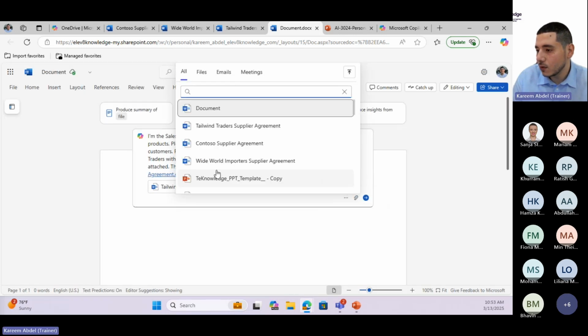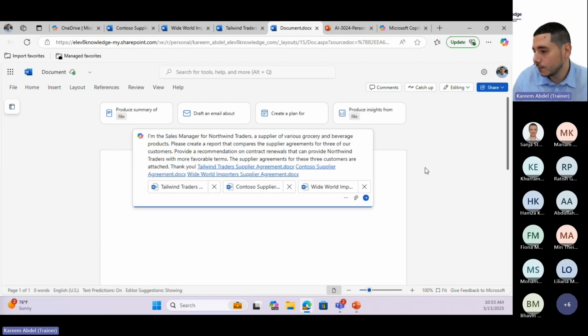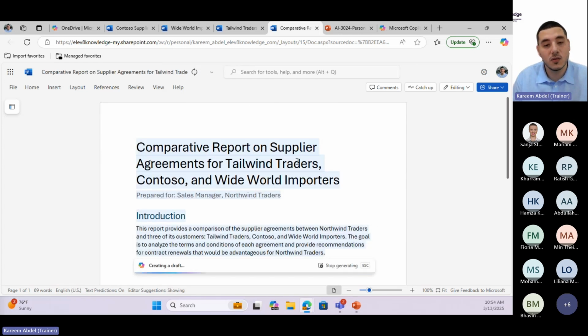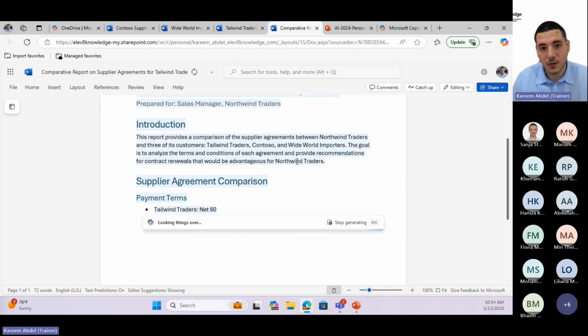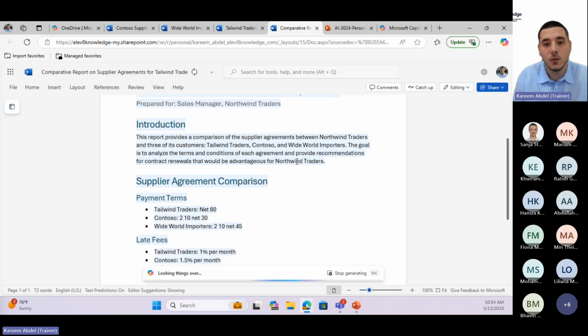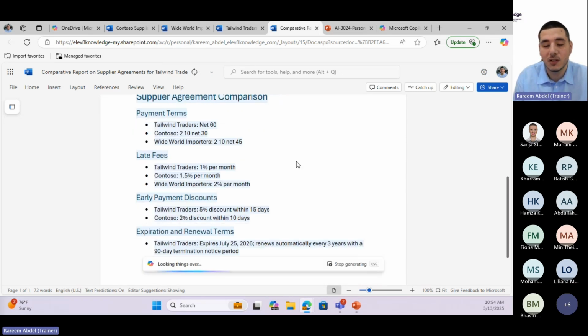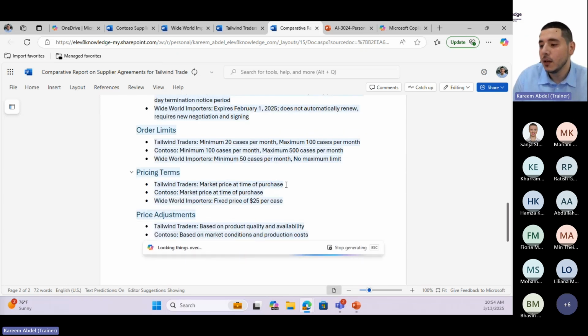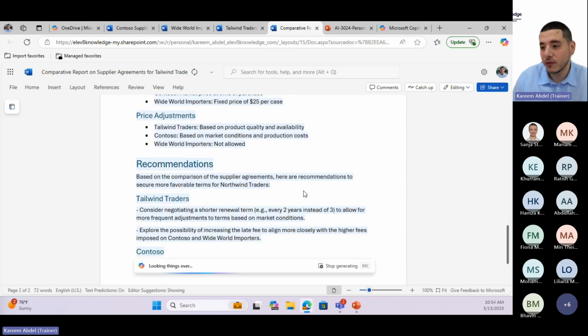And the last one would be Wide World. And all I have to do is click Generate. Now it's scanning all three agreements, and it's taking into consideration my request to it to generate a recommendation. So first it will compare and then recommend which one would be better, and how can I get more favorable